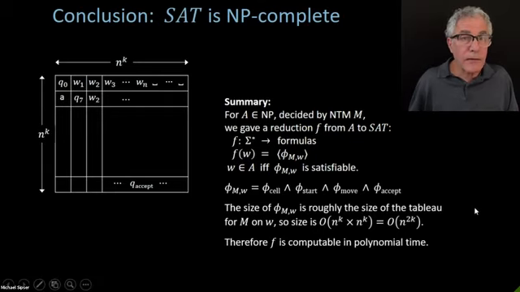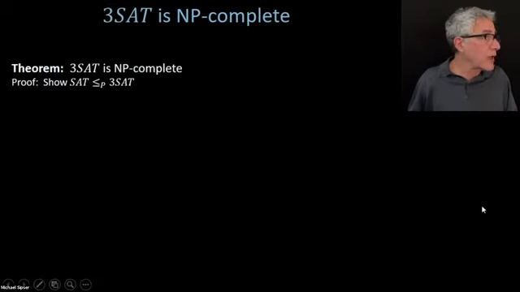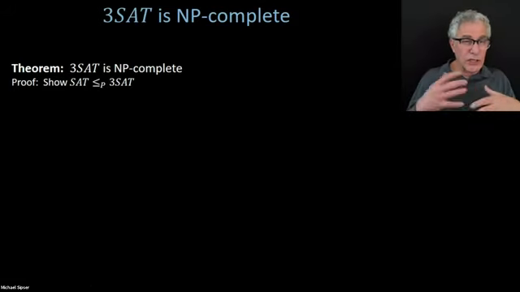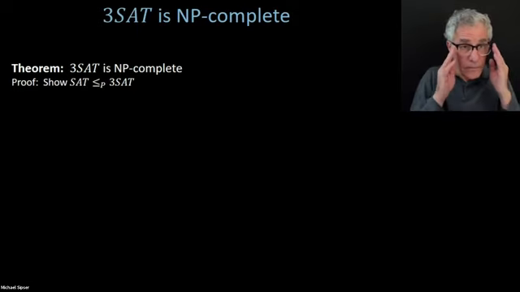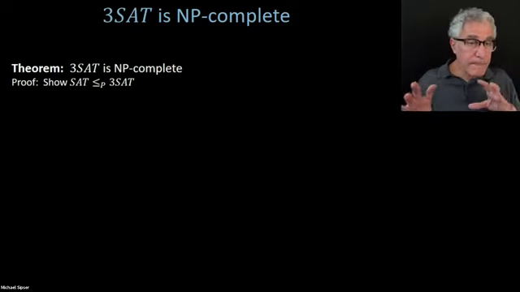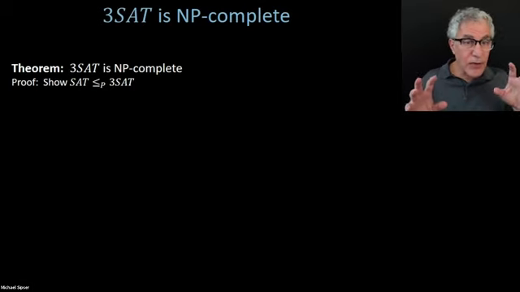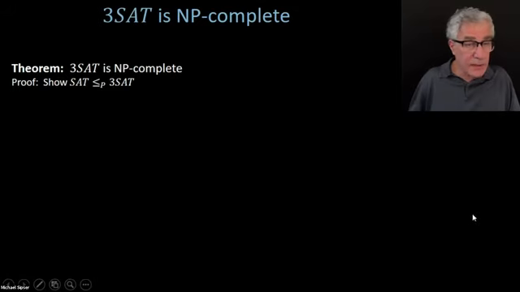Okay, why don't I move on? Because I just want to make sure we have enough time to get to the very last part, which is, I'm afraid, a little technical. So we're going to shift gears now and talk about reducing SAT to 3-SAT. Let's see how it goes. I don't always have the most success with presenting this little piece because it's a slightly technical argument. But if you don't get it, don't worry. You just have to accept that it's true. But I'd like to show it to you just to make the whole presentation